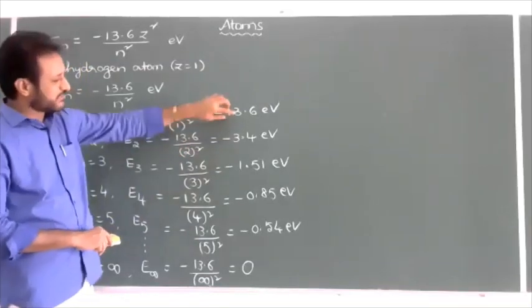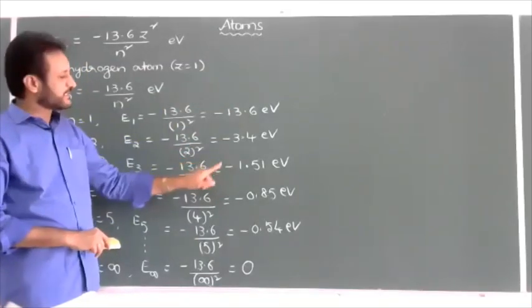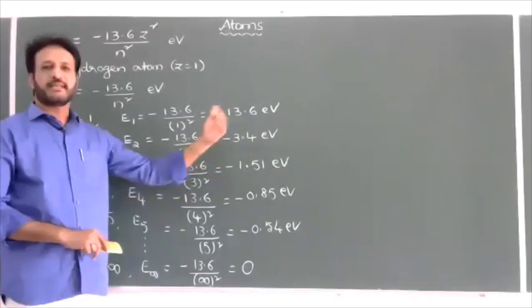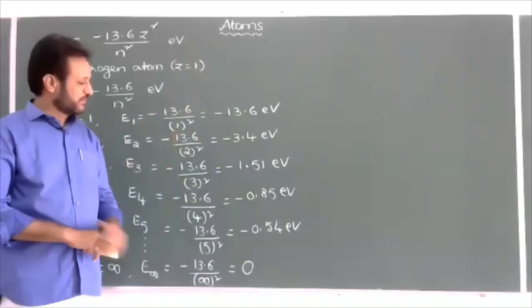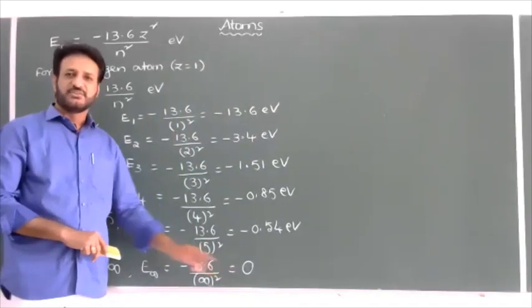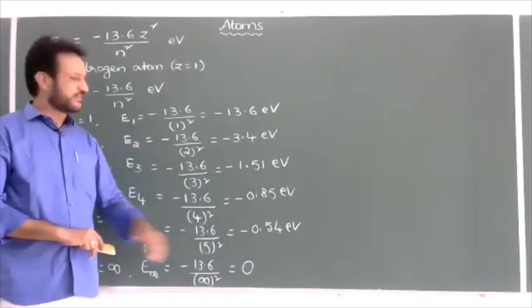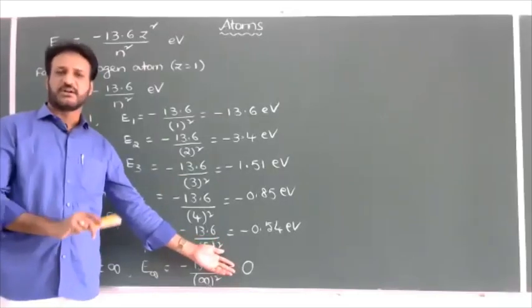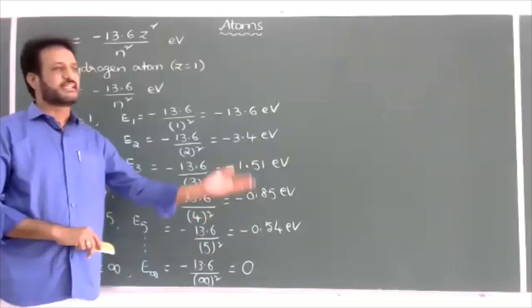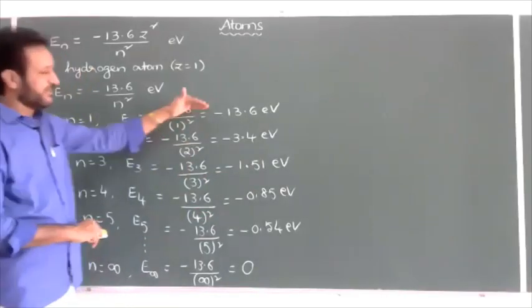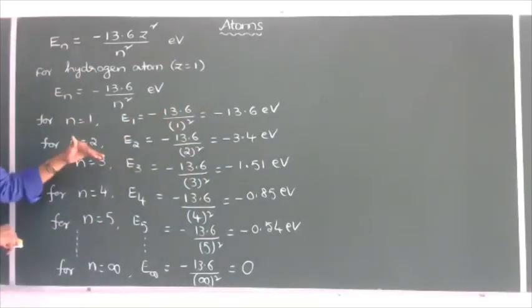So for example, when electron is in the third orbit, minus 1.51 is there, we should supply plus 1.51 electron volt, then electron can be removed. So when the electron is in the infinite orbit, no need to supply any energy. Electron is not bounded to the nucleus or not attracted by the nucleus. So without supply of energy also, electron easily can leave the orbit. So that is the various orbits how the energy will be.